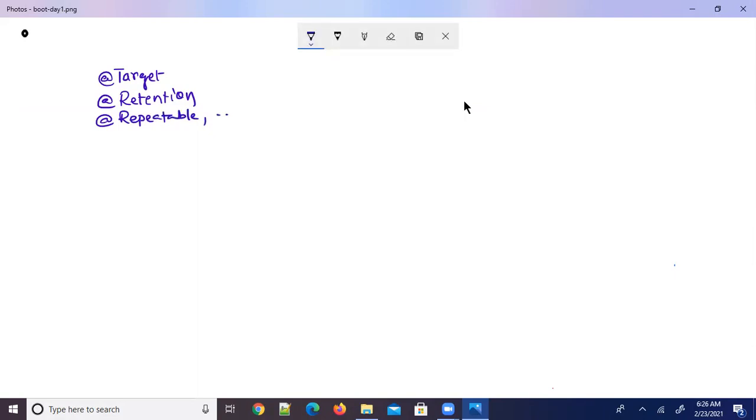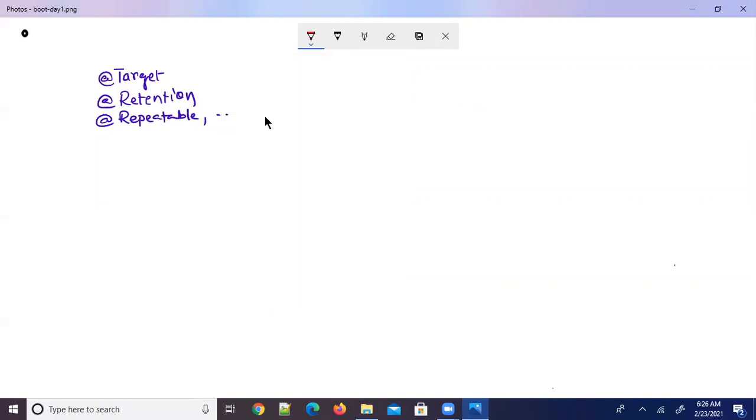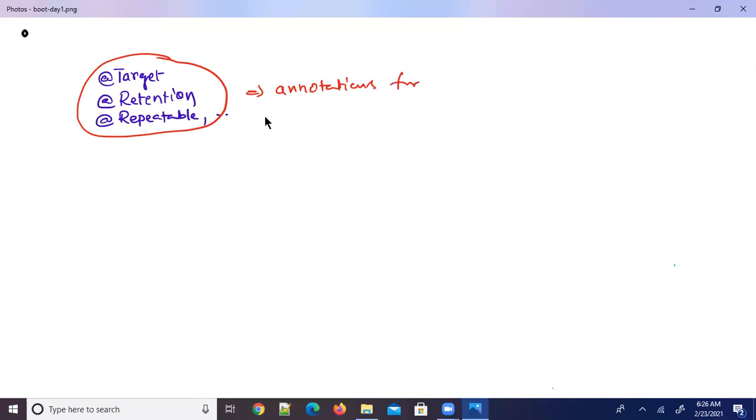These are some annotations provided by Java for creating annotations.